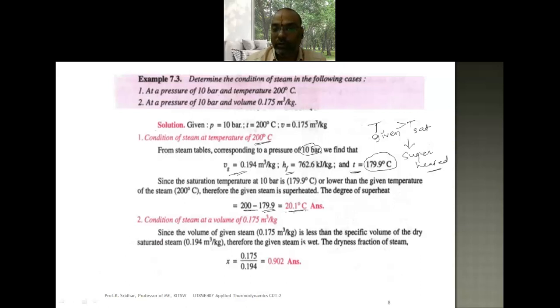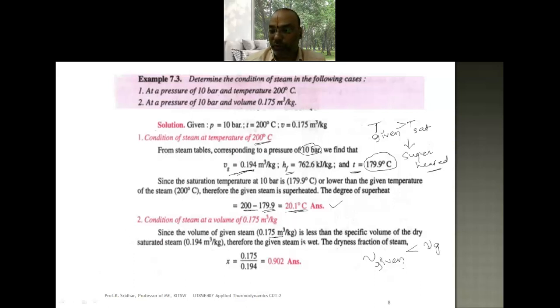So the degree of the superheat is equivalent to 20.1 degrees centigrade. Next, the condition of the steam at a specific volume of 0.175 meter cube per kg. Here the Vg value at the given pressure of 0.194 bar is 0.194 meter cube per kg, but the given value is 0.175. The given V value is lesser than the Vg,